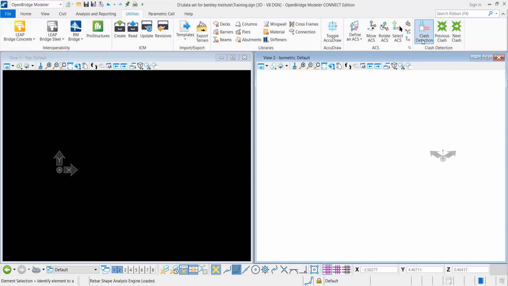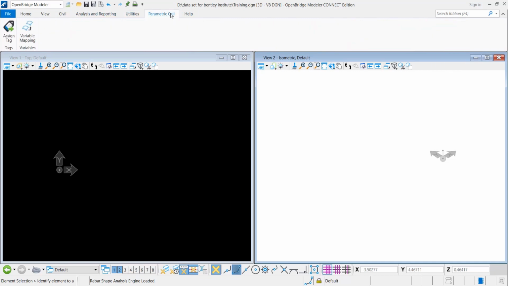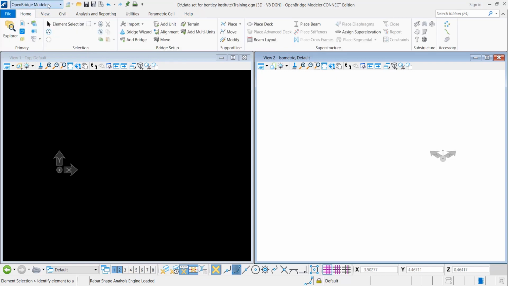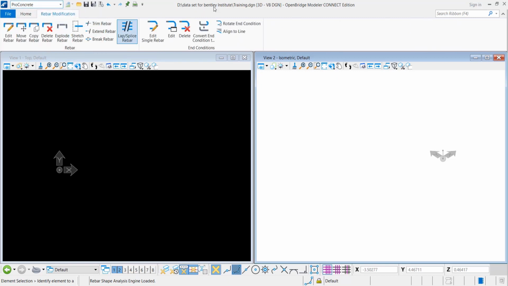So you can use this clash detection to detect the vertical and horizontal clearance available for that. Then we have parametric variables, and under help you can see our different websites for YouTube links, Facebook links and Twitter links.